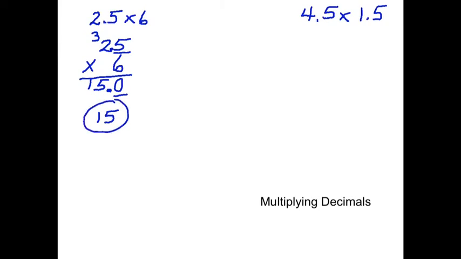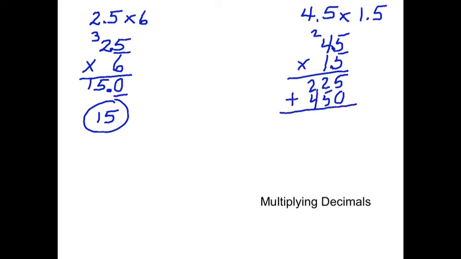For 4.5 times 1.5, again, you want to set it up as if you do not have any decimals. Now again, they're still there, we're just going to ignore them. 5 times 5 is 25, carry your 2, 20 plus 2, 22, drop your 0, 5 and a 4. Now again, we're just ignoring our decimals, adding down